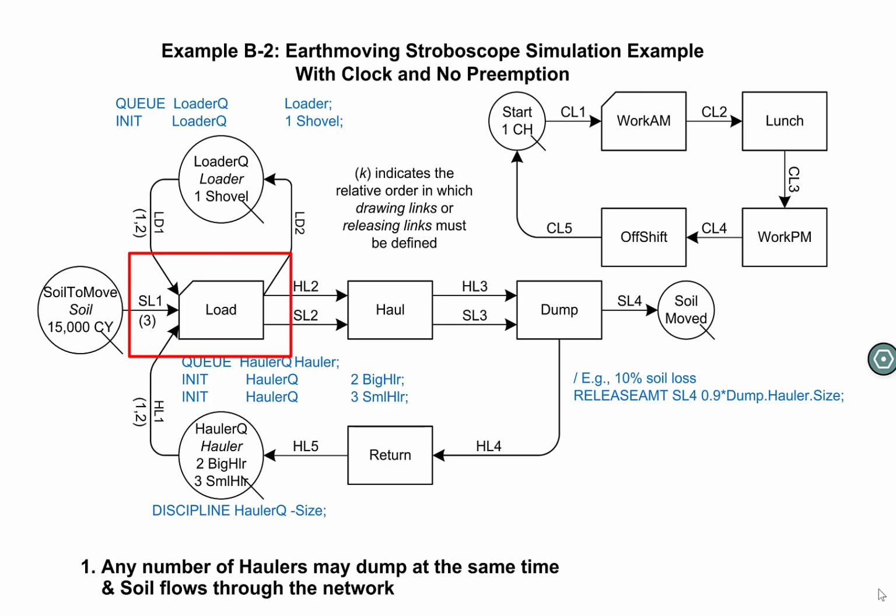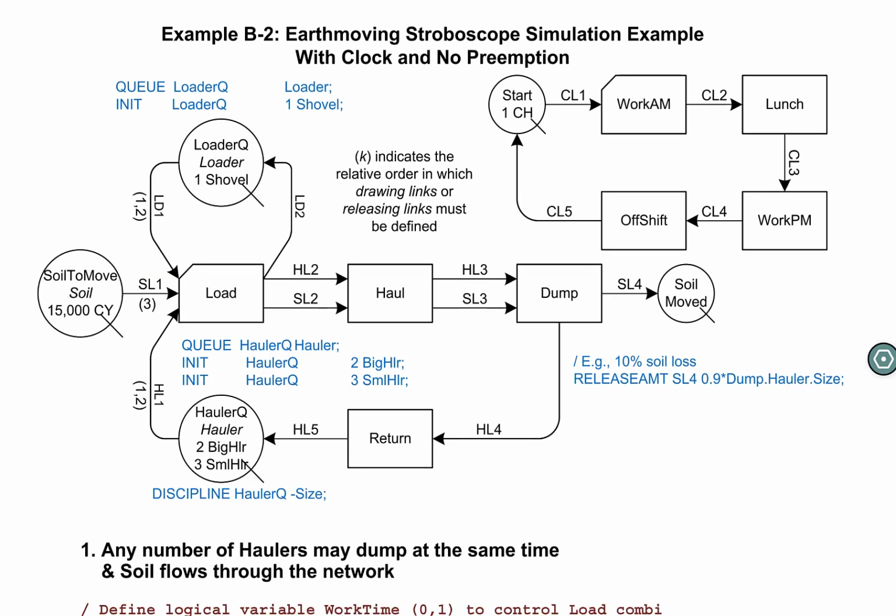There is only one combi in this particular model. At the start of simulation, Stroboscope will examine combi load to see if it can start. This is determined by examining the enough attributes of the three incoming links into combi activity load. In this case, links LD1, SL1, and HL1. If the enough attribute for all three links LD1, SL1, and HL1 is true, then activity load will be able